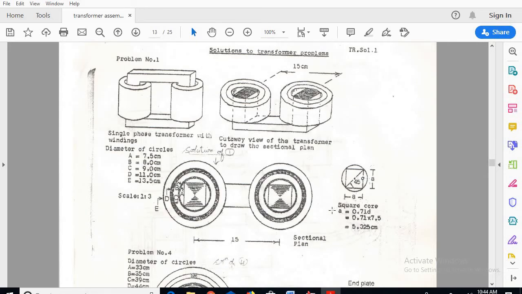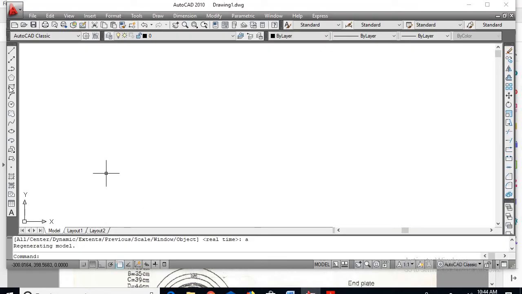Go for the calculation: A is equal to 0.71 D, substitute D is equal to 7.5, A is equal to 5.325. So go for the AutoCAD tool, go for line, or you can go for rectangle.